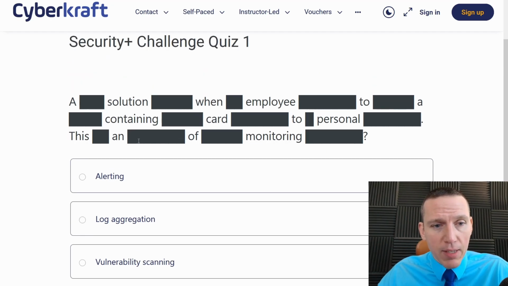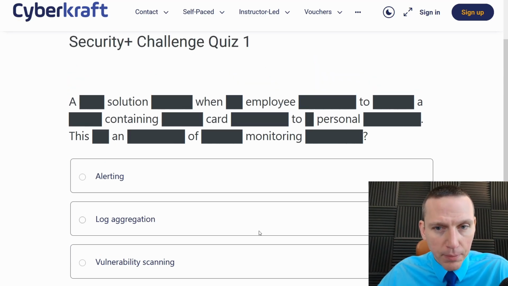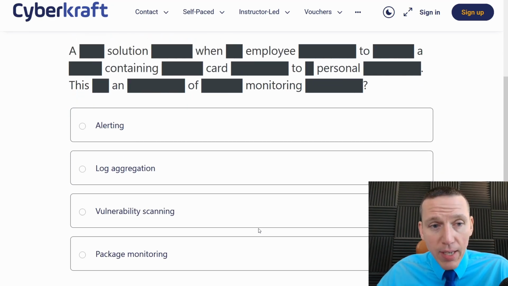Okay, a something solution is probably an acronym. When an employee, so it's something to do with an employee. Let's take a look here. Alerting, log aggregation, vulnerability scanning, or package monitoring. I would think it's probably just,